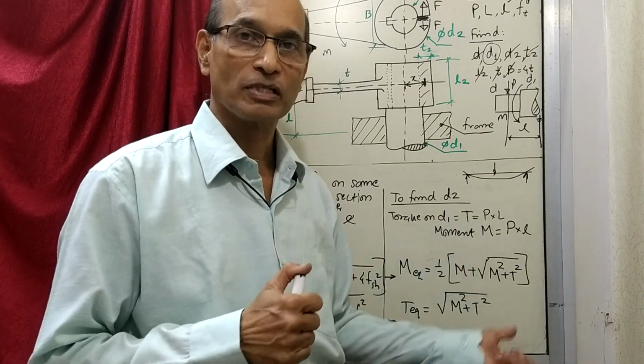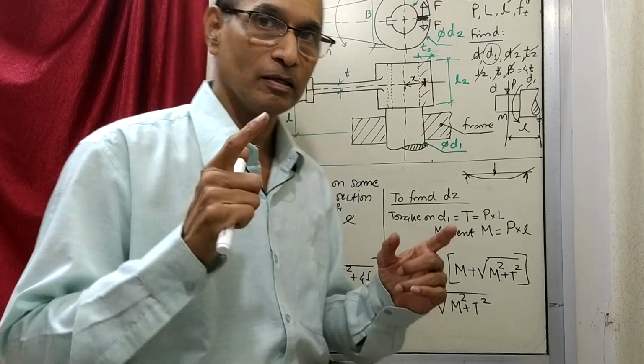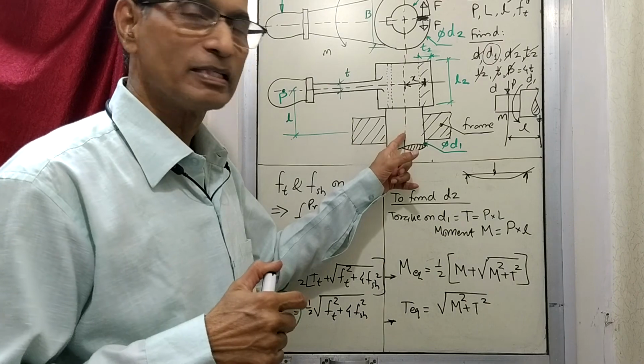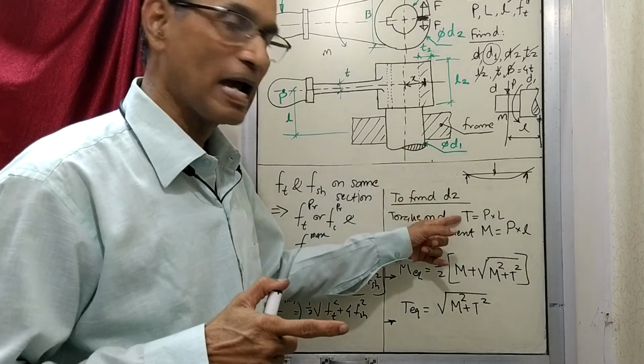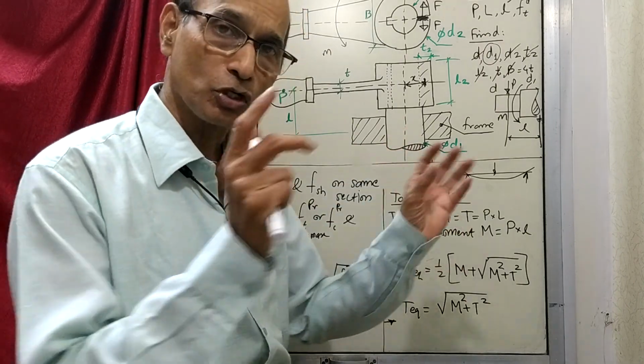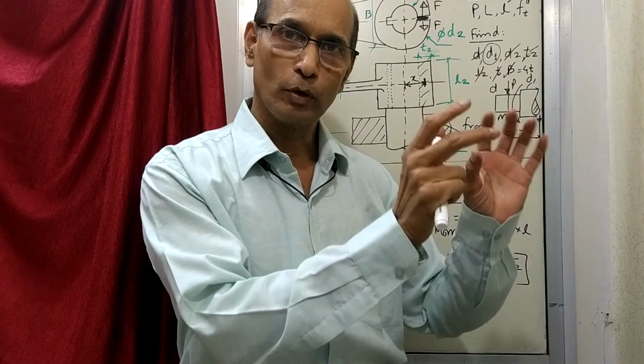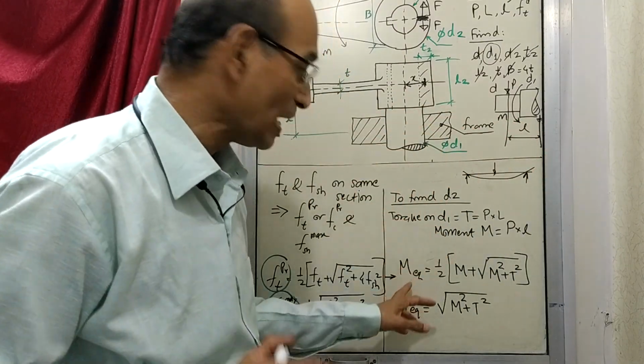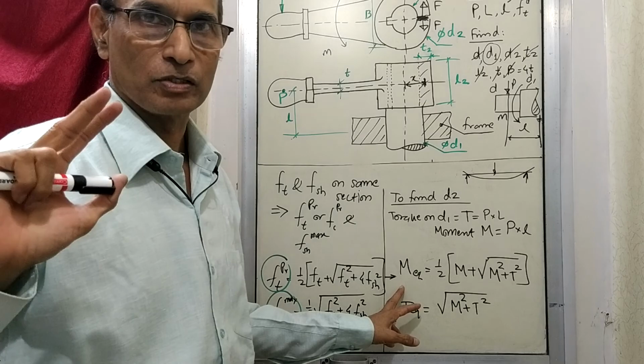And what this equation means, now listen: on this section, instead of T acting and M acting together, we say that only M is acting, no T. So that means this section is